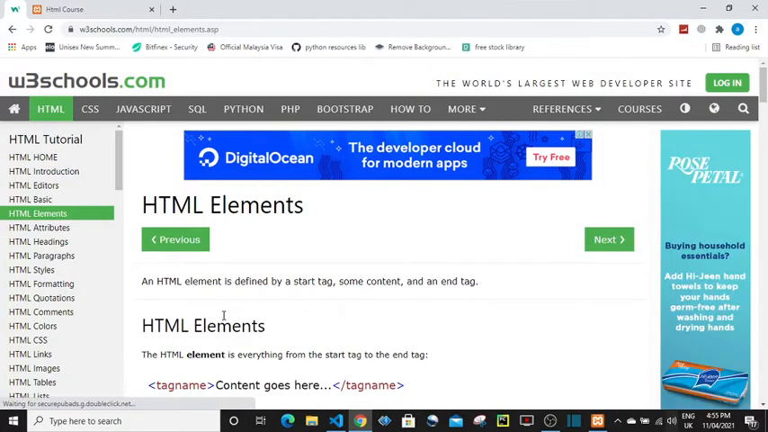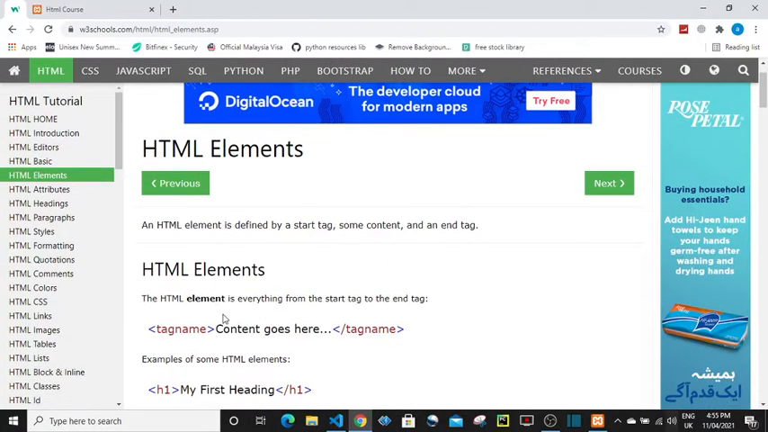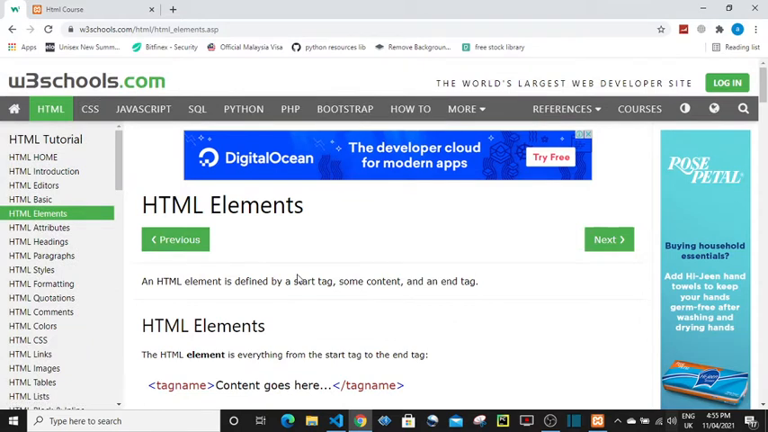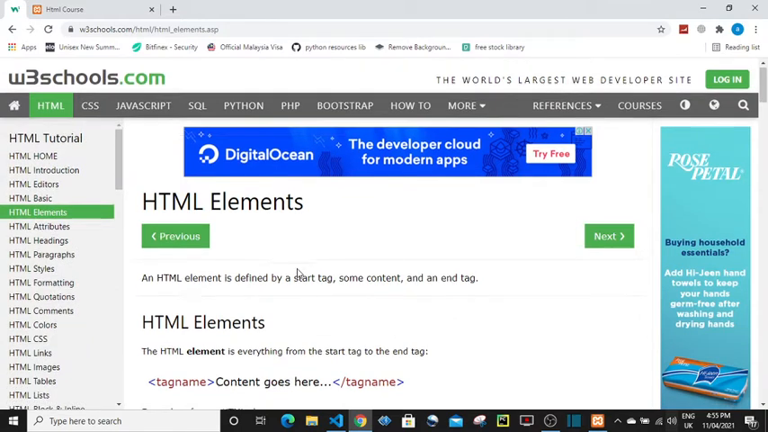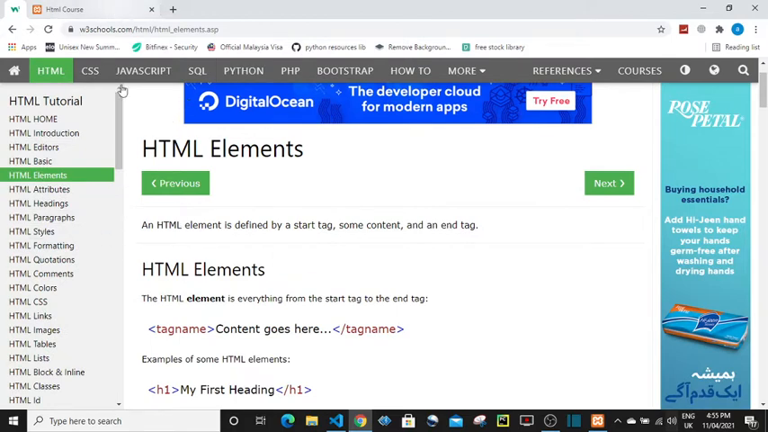Hey guys, today I'm going to talk about the HTML elements. So far so good. We have covered the basics, how the web page is actually working and how it works. Today we're going to talk about HTML elements, some of the popular elements that are often used in